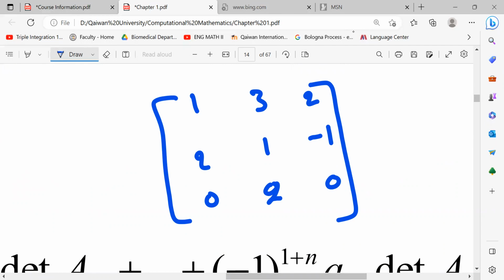Here, what we take? You can take the first row, or second row, or third row, or the first, second, or third column. You are free to take any of these, but you can take just one of them. If you take the first row to find the determinant of A,